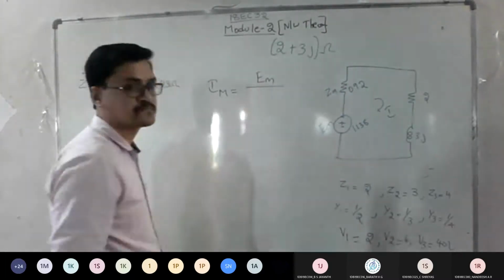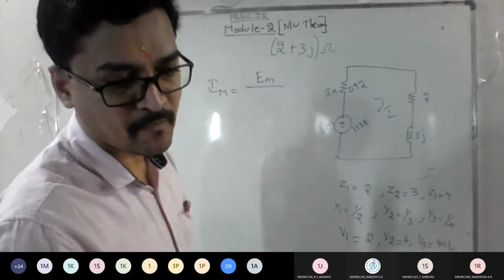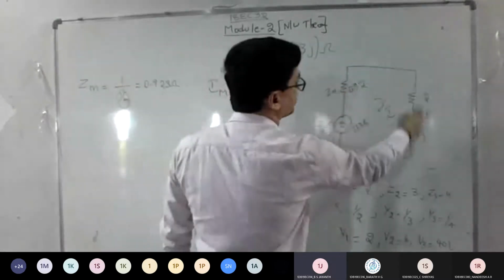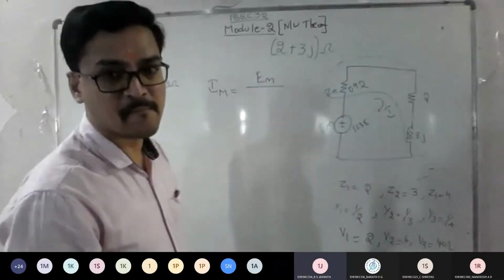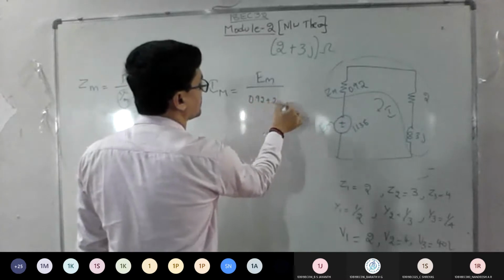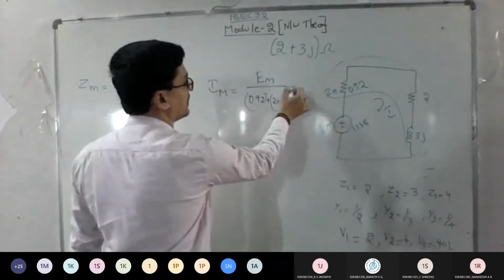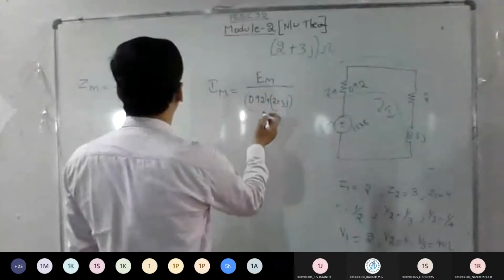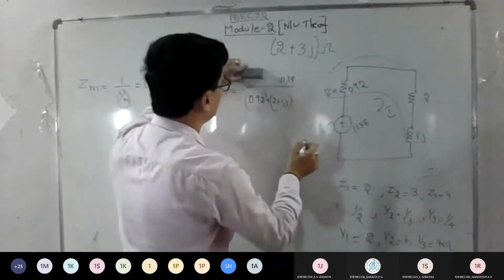What will be the R now? What should I take for resistance? The impedance, the combination of all these three, 2 plus 3J. Yes or no? Yes, so you can write 0.92 plus 2 plus 3J. Actually, 0.92 is this impedance and 2 plus 3J is your load impedance. So EM you calculated as how much? 11.38. Substitute this and check what the answer is.